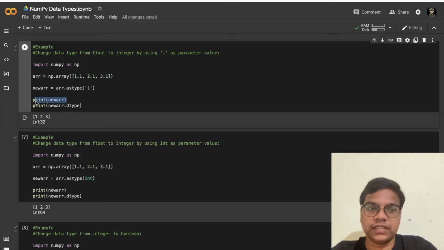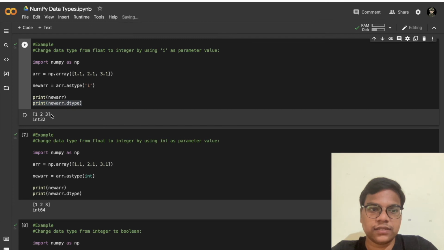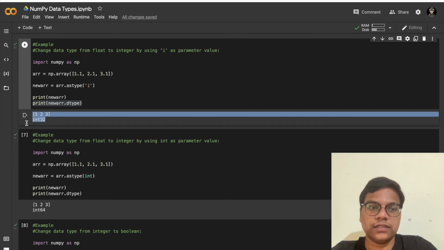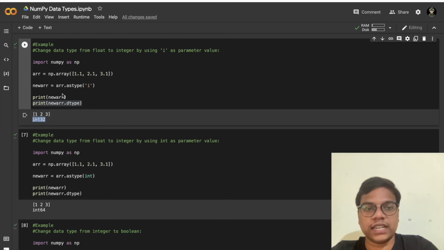Here I'm printing the new array with the data type of that particular array. As you can see, we have converted that array to integer values, and you can see the data type of that particular new array also, that is int32.